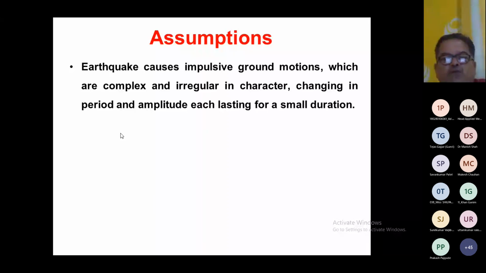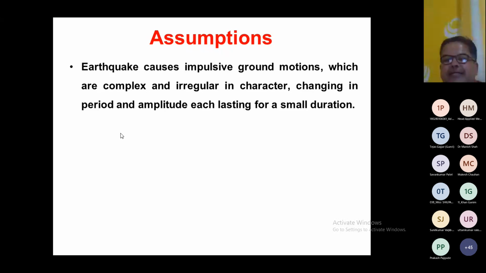So what is going to happen in that case? Resonance is not possible. The reason is your building has its own frequency, but the earthquake carries different frequencies. If you apply the same frequency continuously for a longer time, then resonance will build up. So the first assumption is that resonance is not possible most of the time as far as earthquakes are concerned. So the code denies resonance